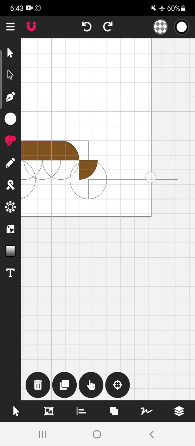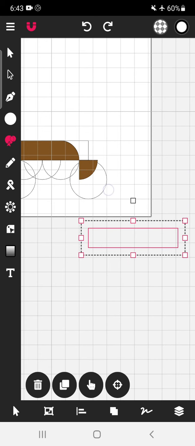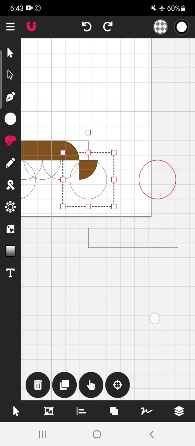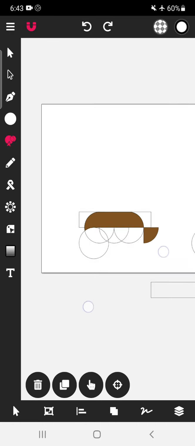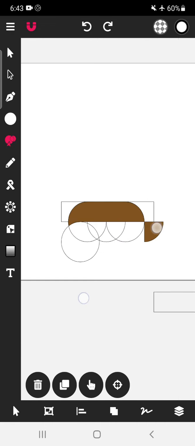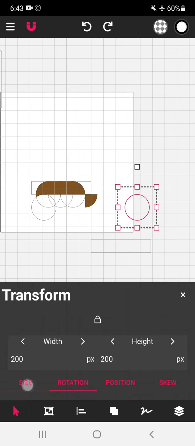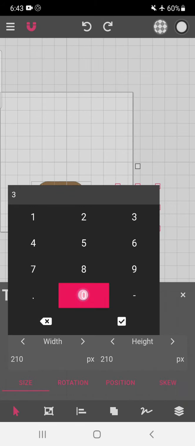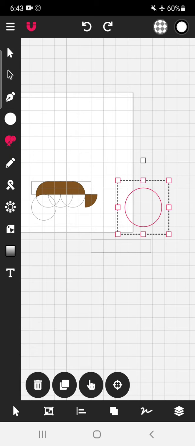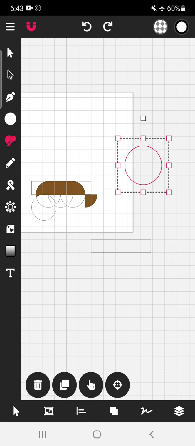Okay. Now we will keep these shapes aside. Now let's make the wings of this bird. For this we will increase the size of this particular circle. Go to size, make it 300.